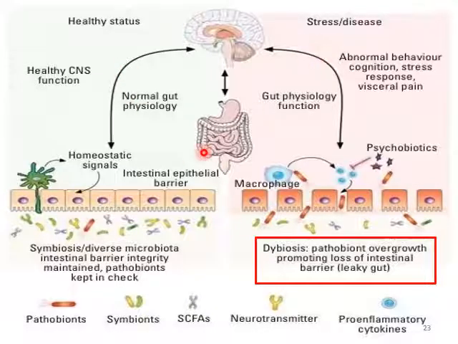Just like the blood brain barrier, this is the intestinal epithelial barrier. When this is intact and a person is healthy, there are normal homeostatic signals, normal gut physiology, and healthy CNS function. Now in the central nervous system disease state, stress, anxiety, a lot of CNS diseases affect your enteric nervous system a lot. In this case, you can see symbiosis normally occurs, different pathogens already are present